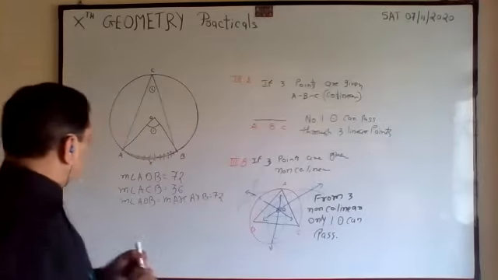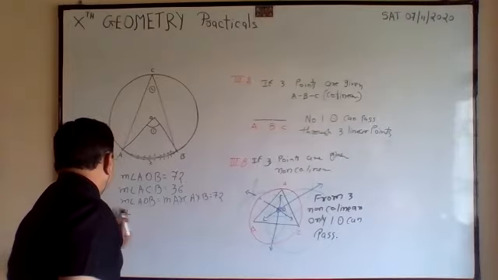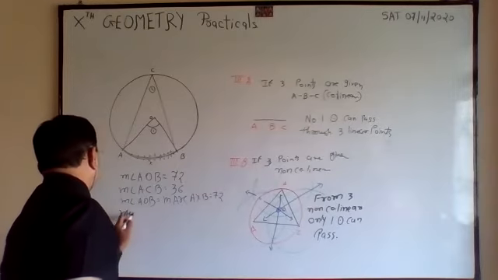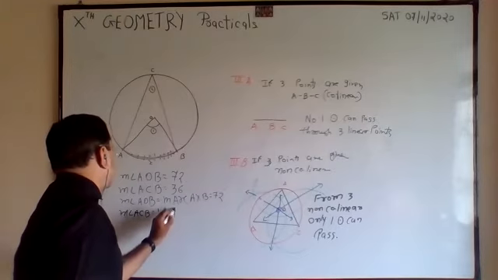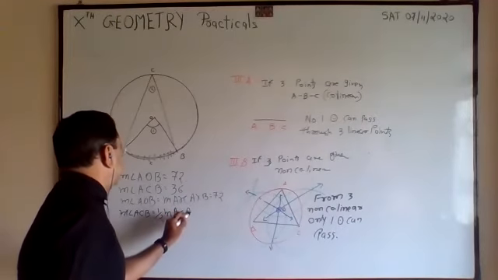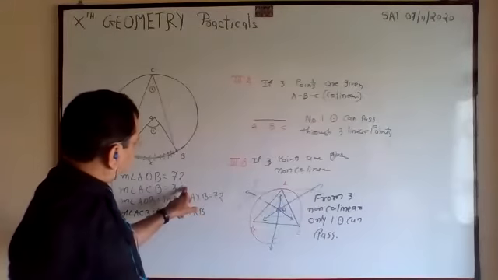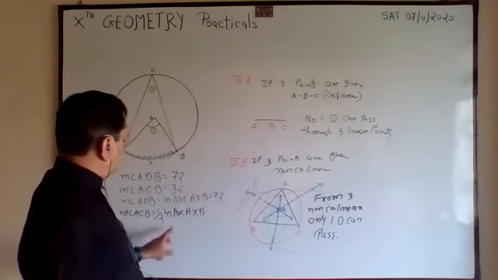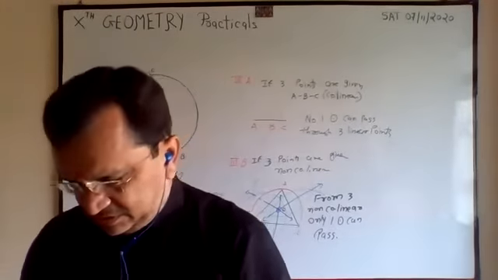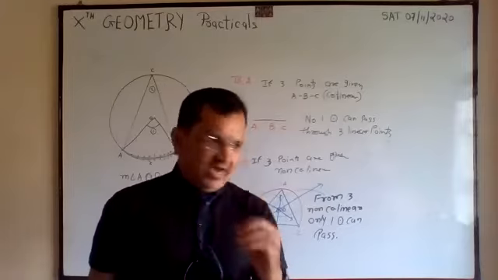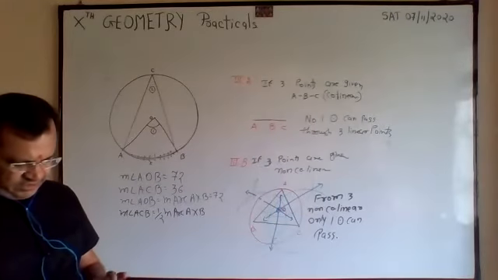Then you have to write measure angle ACB is half of measure arc AXB. From the observation, if this is 36, if this is 72, this is half of 72. So page number 35, this diagram you will do. It is given.